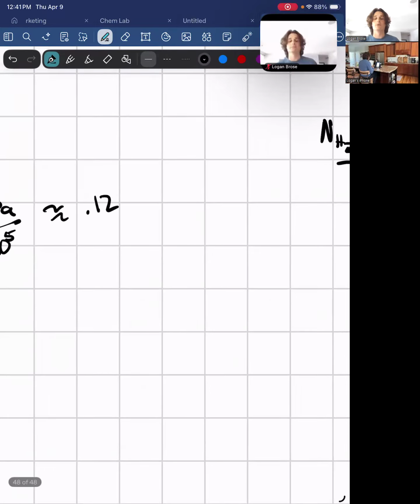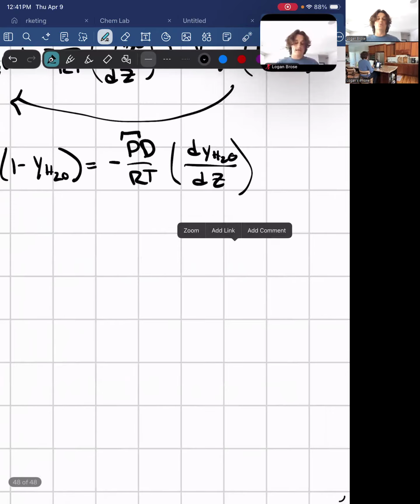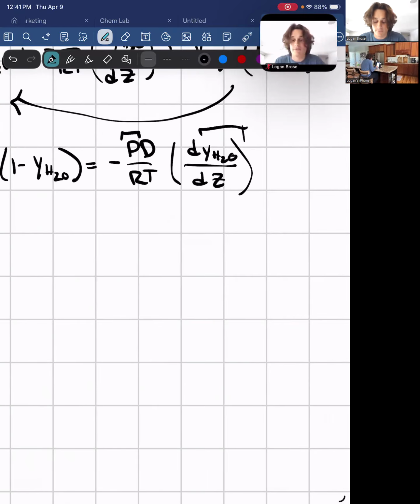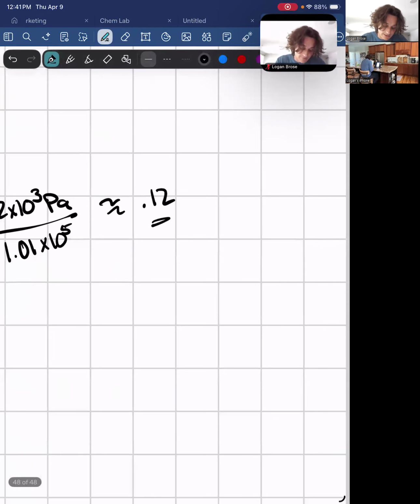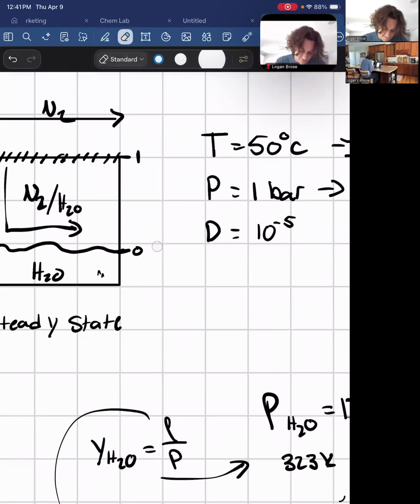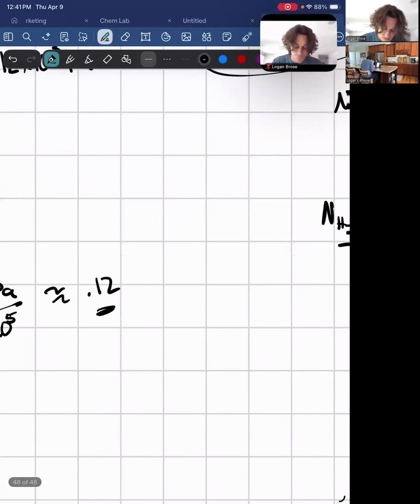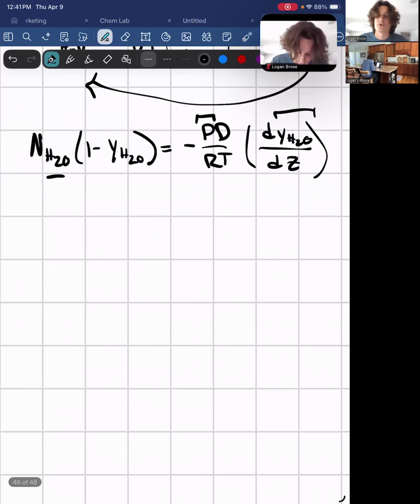Now, why is this important? Why do we need this? We're going to integrate this, and we don't have bounds for our concentration before we found that value, right? So now we know that this is our bottom bound. This is our bound at 0, right? So this is 0.12, and up here we know that it's dry nitrogen, so it's going to be 0. So now that we know both our partial pressure and our bounds for our concentration, we can then manipulate this